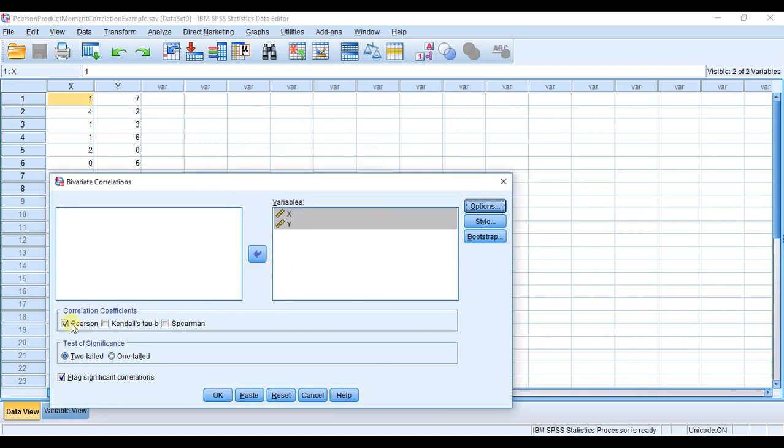I'm going to hit Continue, and over here we're going to make sure we have our Pearson correlation coefficient checked off, and we conducted a two-tailed test previously, so we're going to also do a two-tailed test for this calculation. And I'm going to hit OK,